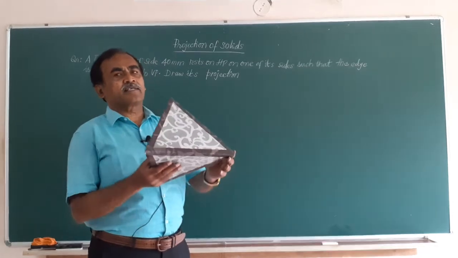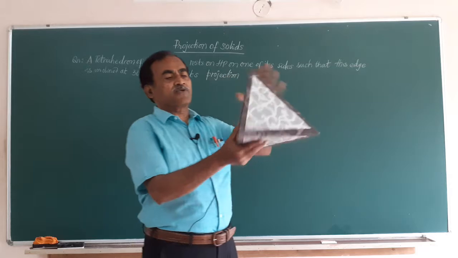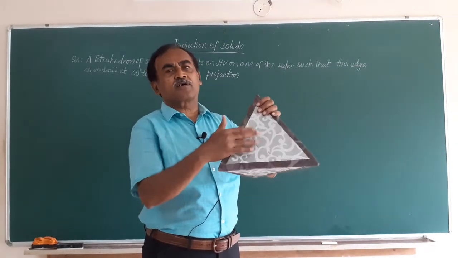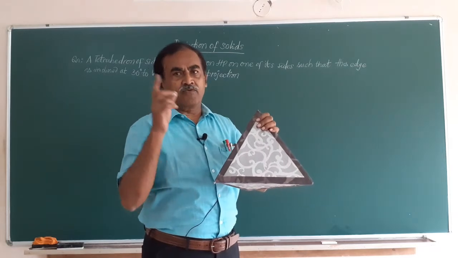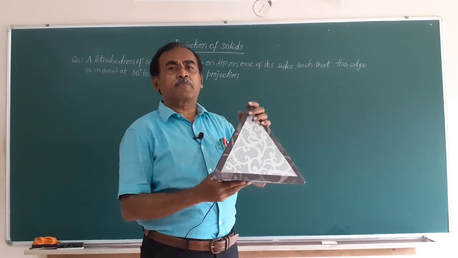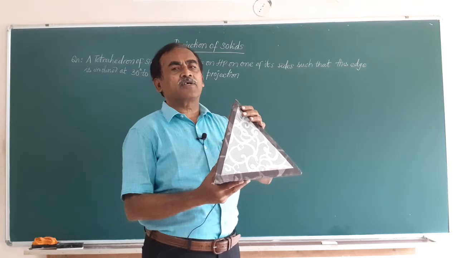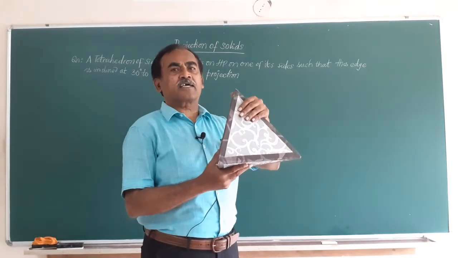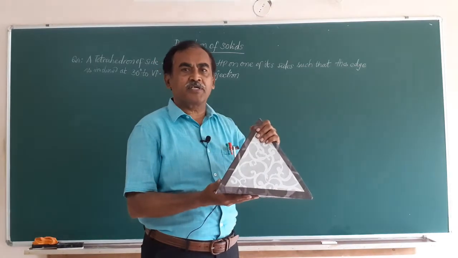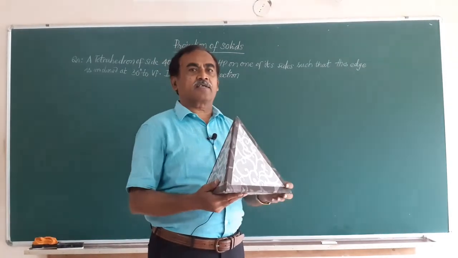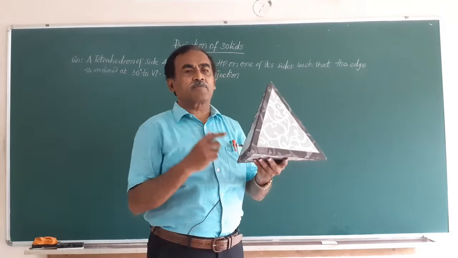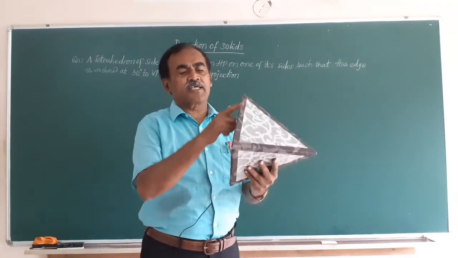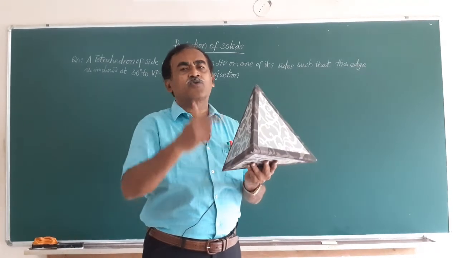A tetrahedron will have 1, 2, 3, 4 surfaces including the base, and all these are equilateral triangles. Whereas in case of a pyramid, say a triangular pyramid, you will have on the lateral surface all isosceles triangles, whereas the base is going to be an equilateral triangle. Friends, in this problem you can just observe all these edges will have the same dimension, and here they do not give you the height.